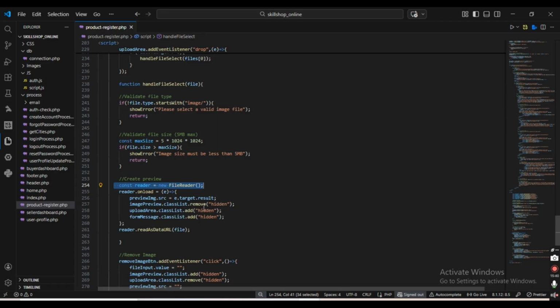FileReader reads the selected image file and this converts the image into a temporary display format. Then I show the preview section, hide the upload area, and hide error messages. I use this to allow the seller to see the image before submitting. This reduces mistakes and improves user confidence. And